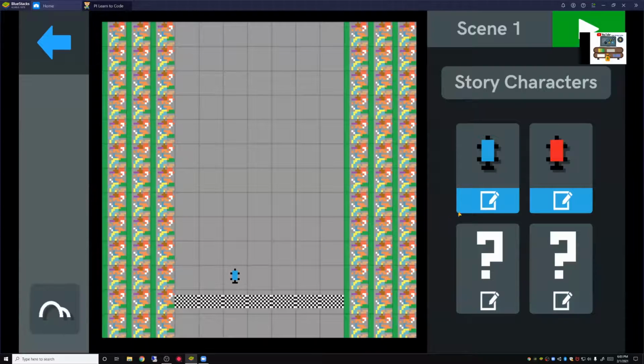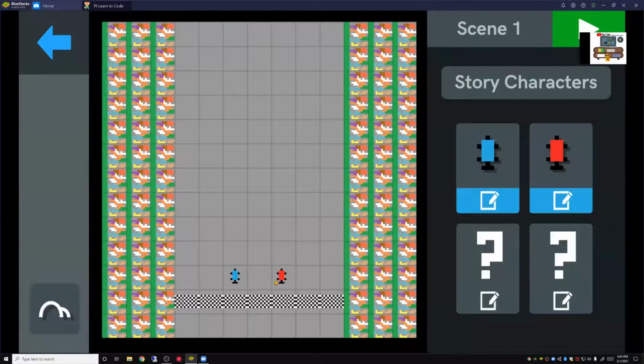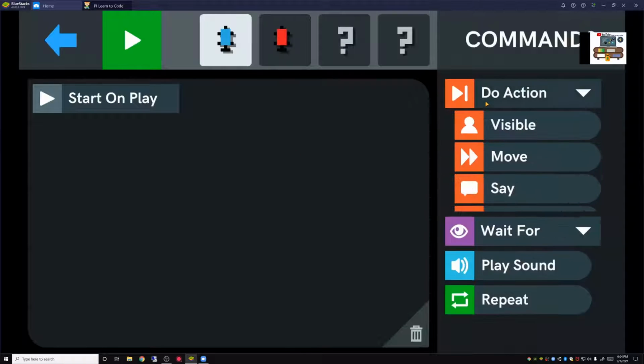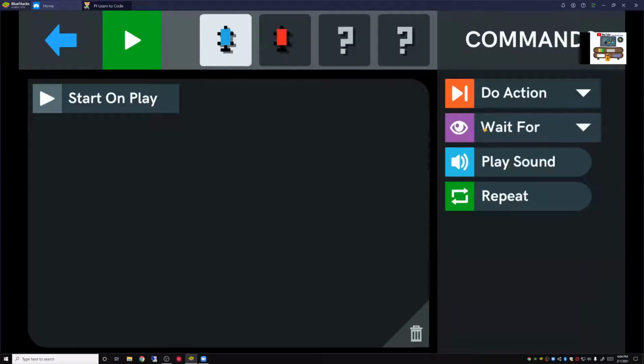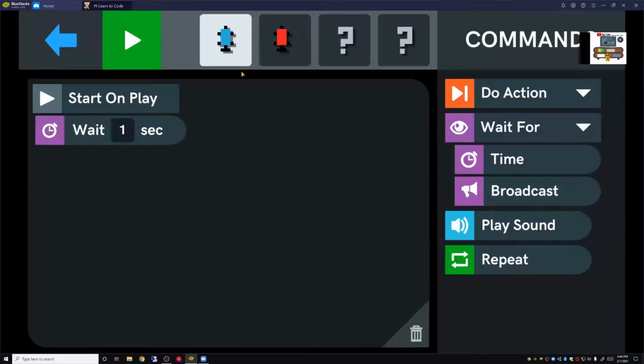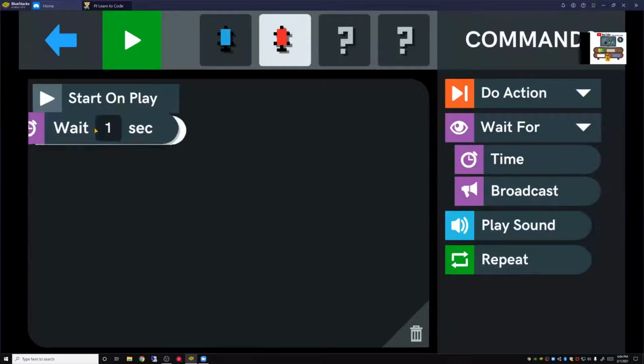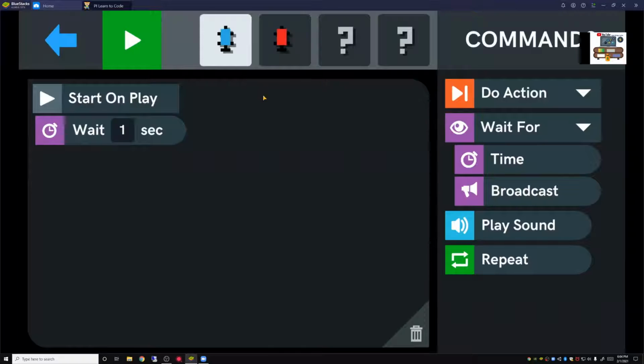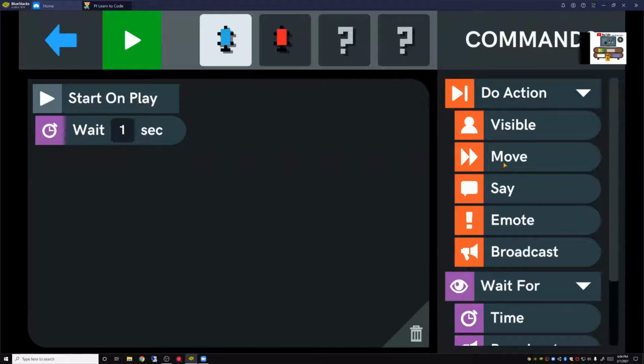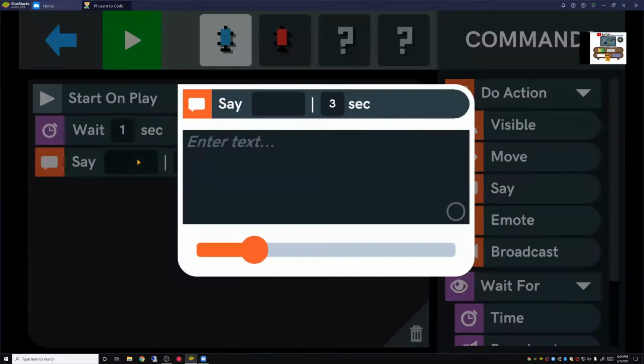And now I'm going to make them both say. So I'm just going to let it wait for like 1 second because we don't want it to start off immediately with no warning. So we just want to wait for like 1 second to see everything and then blast off. So then it will say